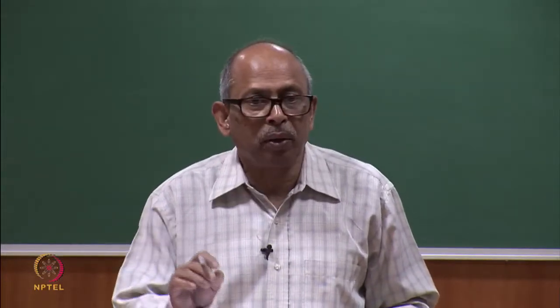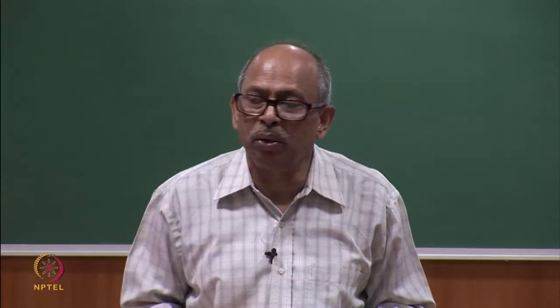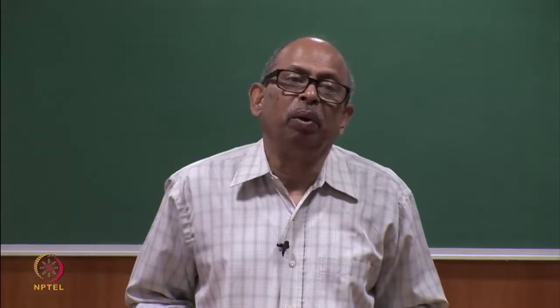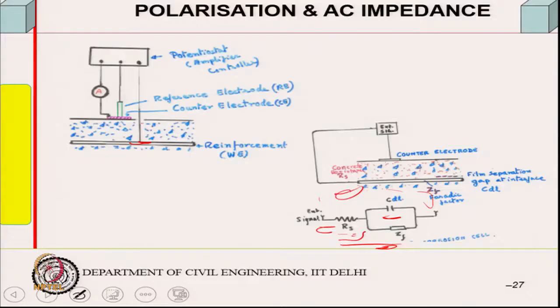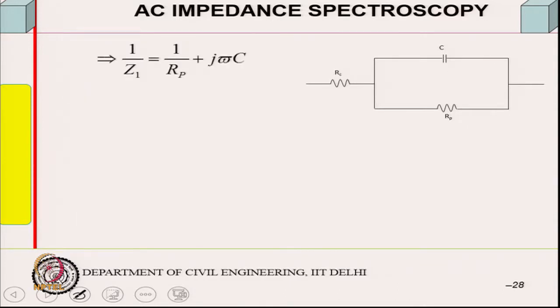If you vary the frequency, assuming various kinds of circuit models for your concrete-reinforcement bar interface plus the additional concrete, etc., you can again find out the polarization resistance, because this component is a polarization resistance. So, from this measurement you can find out polarization resistance, but this is not a very successful in situ technique as yet. That is what I was talking about, the equivalent circuit.